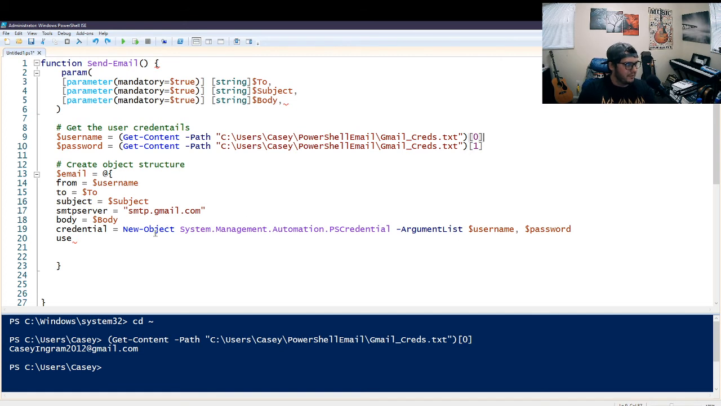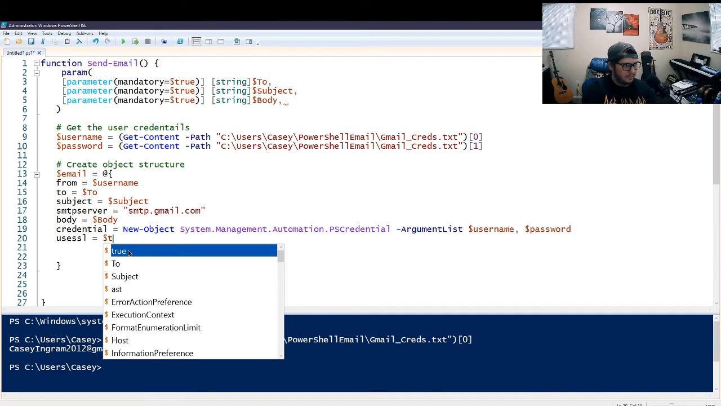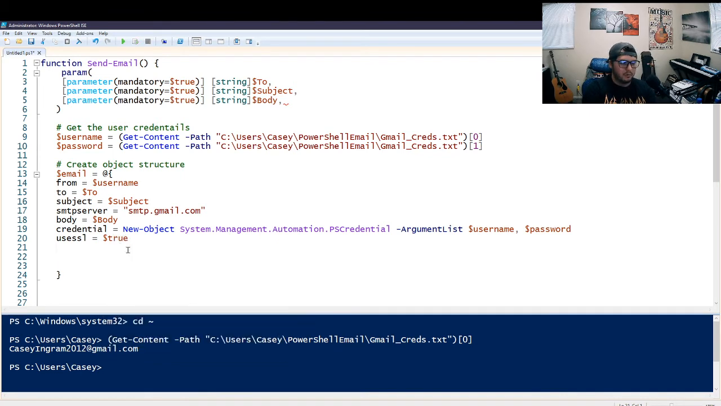We don't want to send out anything in clear text. That's not a good idea. And me being in the security field, I definitely highly recommend not doing that. So SSL at true. But for the purpose of this video, we are going to use SSL in order to send out this